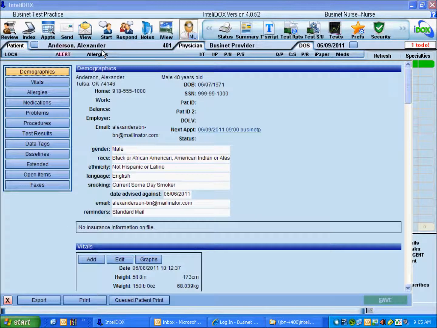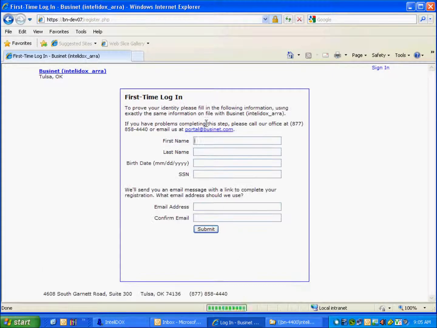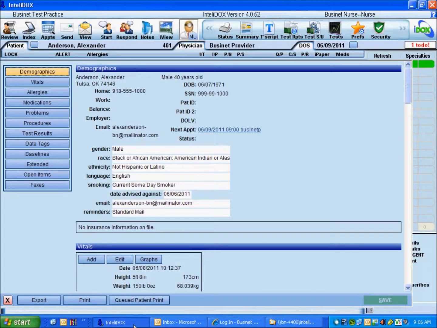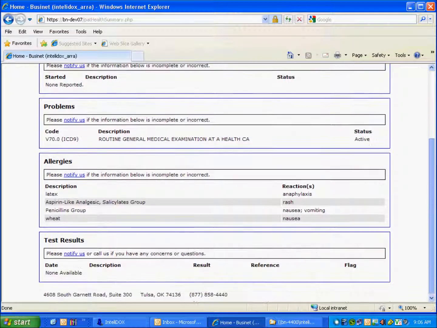An optional but easy to satisfy meaningful use measure is allowing patients to access their basic clinical information in a timely way. InteliDOX meets that requirement using the Patient Portal, a secure website that ties into InteliDOX to let patients view their allergy list, active medication list, problem list, and some test results. Patients register themselves for the portal using identifying information like their first and last name, date of birth, and social security number. So long as the information they provide matches the information stored in InteliDOX, you don't have to do anything special to grant them access. But you'll see reports from the portal show up as messages in image corrals to let you know once a